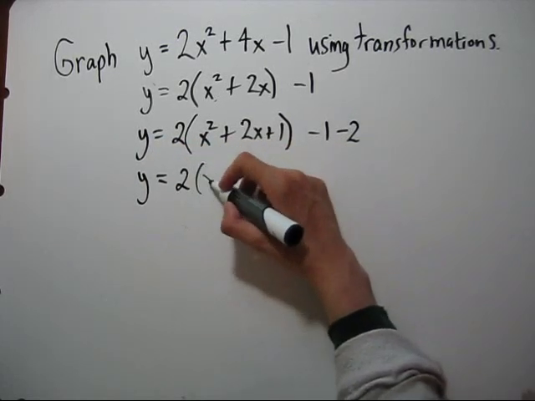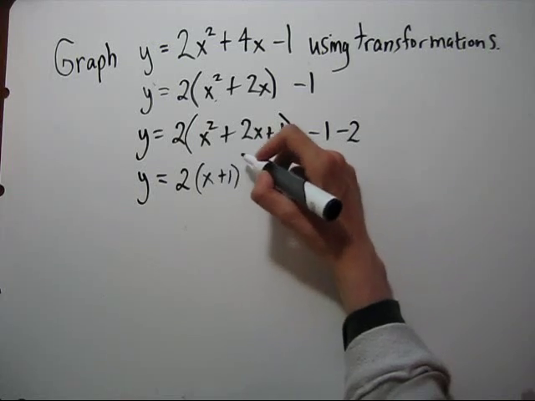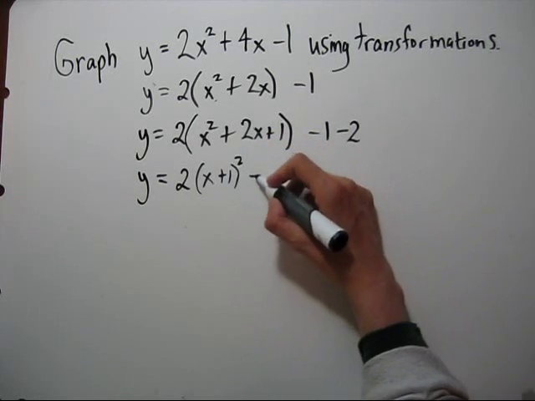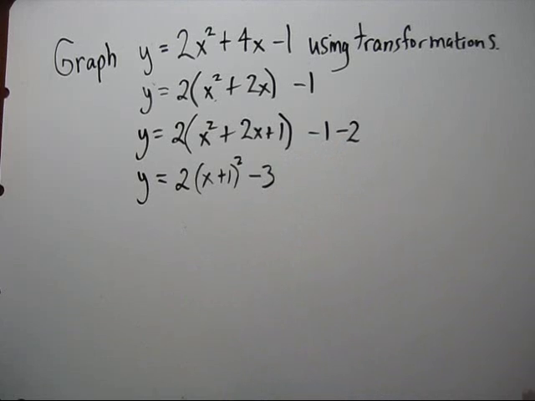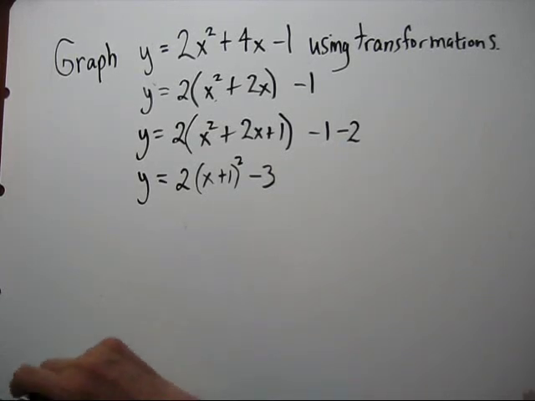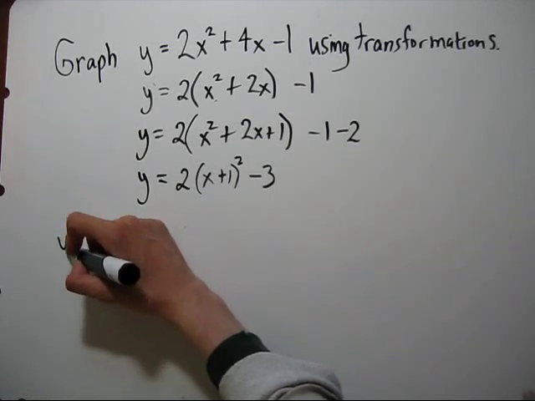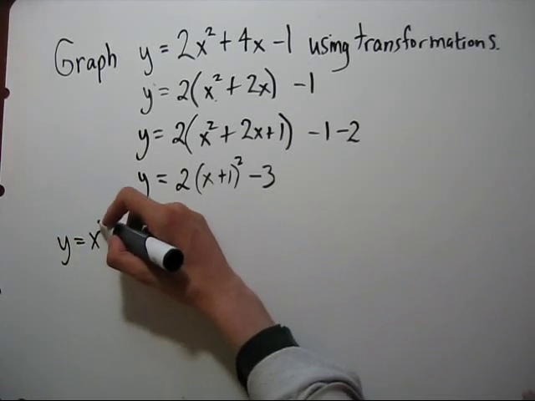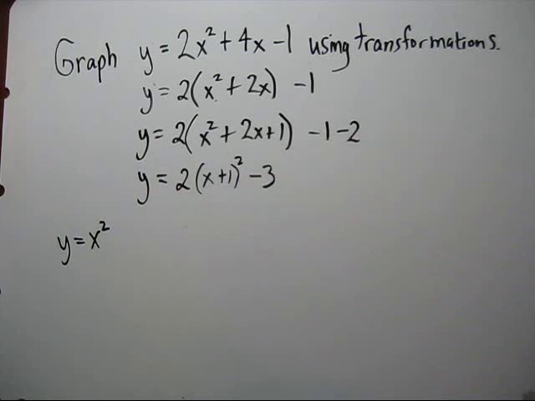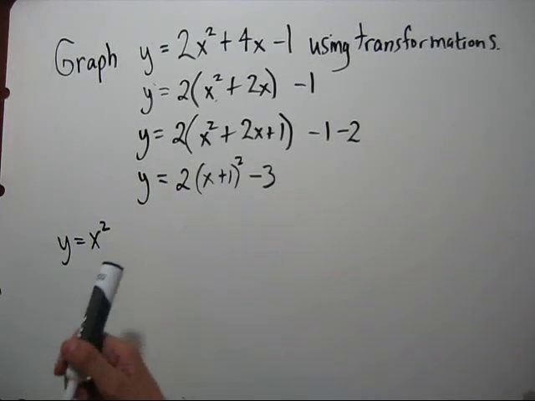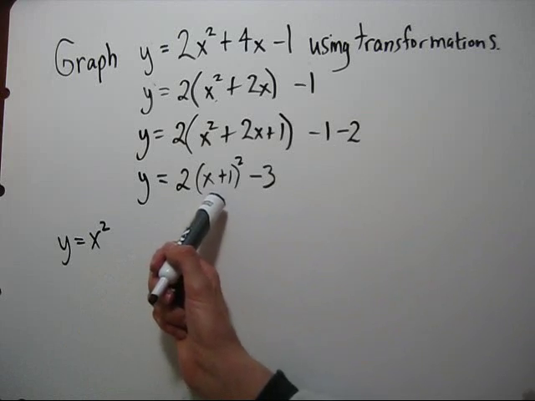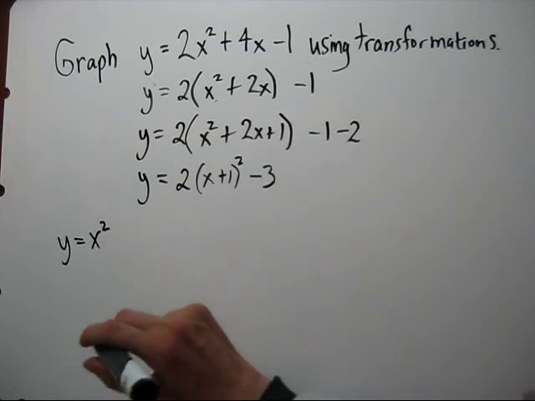Alright, so now I can write this as 2 times x plus 1 quantity squared minus 3. Now that looks better. That's something we can use transformations on. So let's write out what's happening. We start with x squared. Now the transformations are like the order of operations for what we do first. So very first is inside parentheses. X plus 1, that's